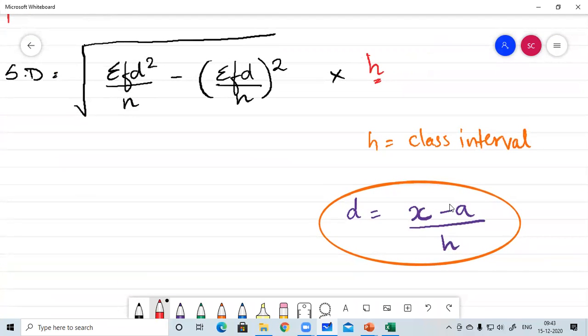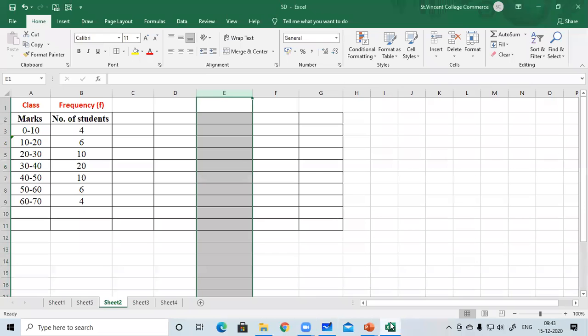Now, as I told you last time, I'm going to show you a shortcut which I adapted in the step deviation method. So this particular d, x minus a, you need not use it. It's absolutely not needed. But since it's a part of the sum, I'm helping you with that. So we are not going to use that x minus a. Is that clear? Now, going further, how to solve this sum?